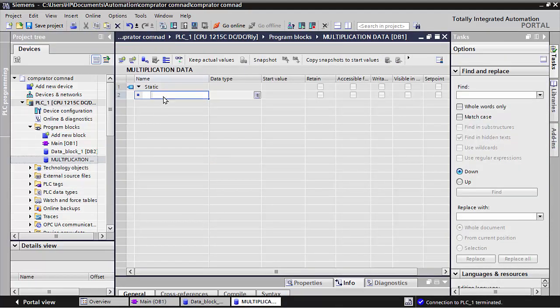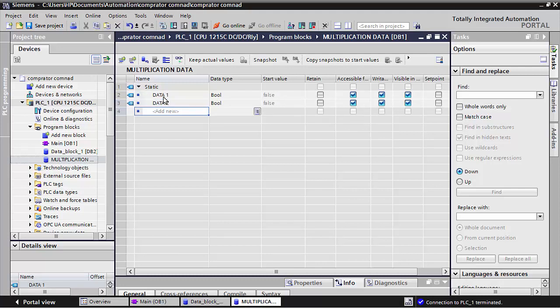Here it can give data number 1, data number 2, data number 3, data number 4. However many datas you would like to make, you can make here,